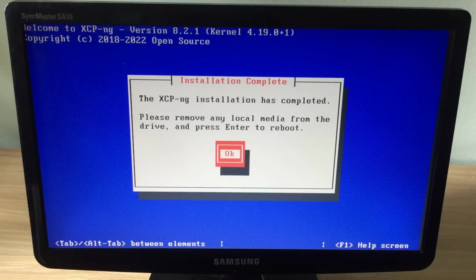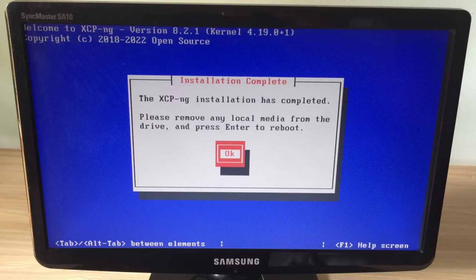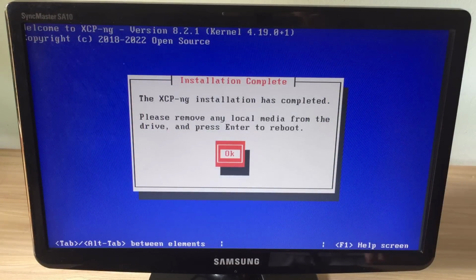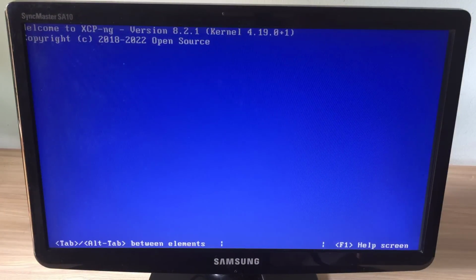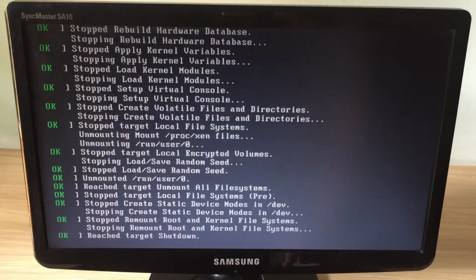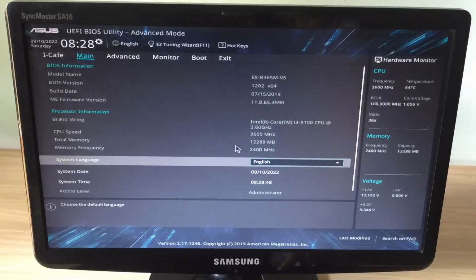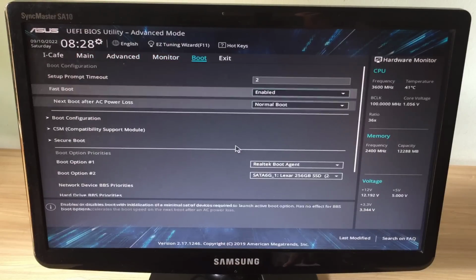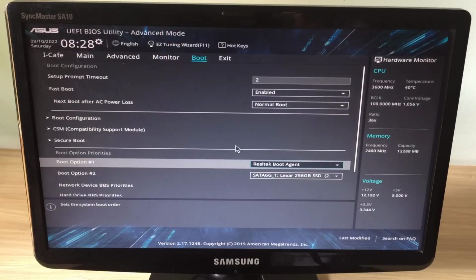When XCP-eng installation is complete, you will be asked to remove the USB stick and restart the computer. I will do as requested and remove the USB stick from the computer and restart the computer. You access the BIOS or UEFI and set the bootloader to a solid-state drive.